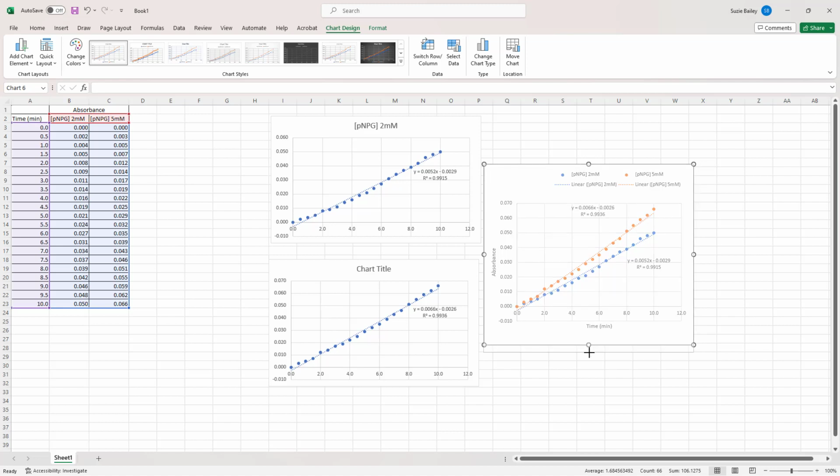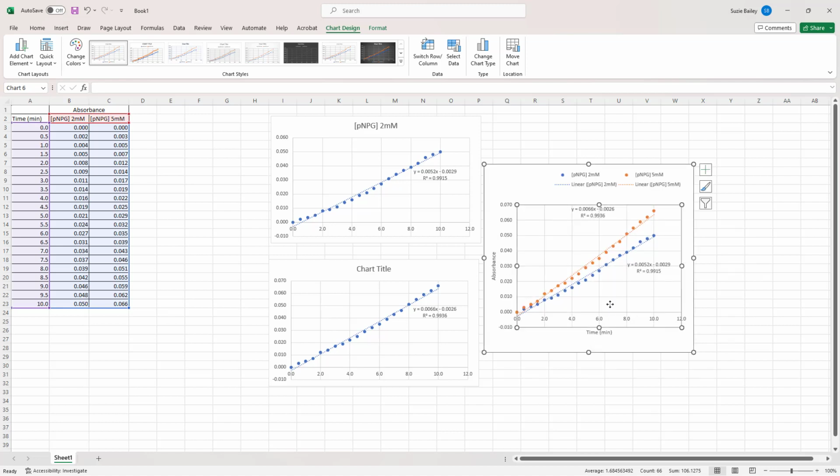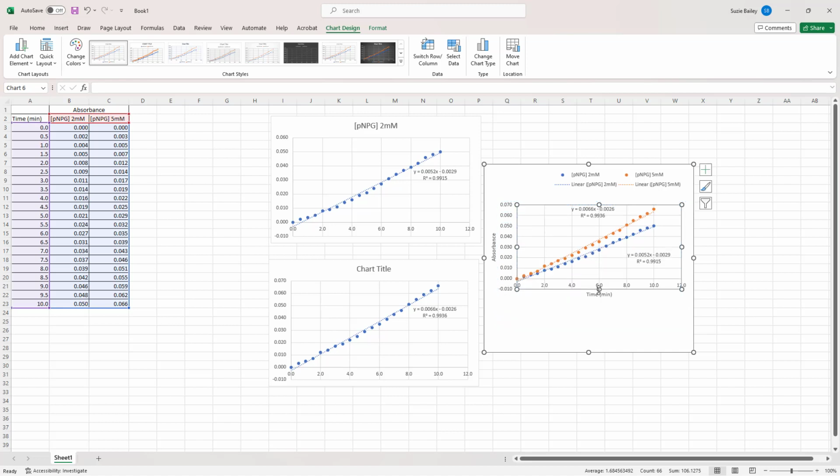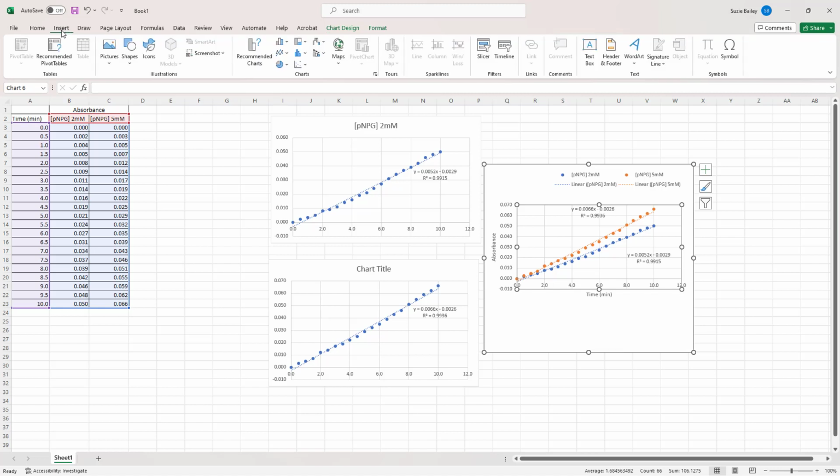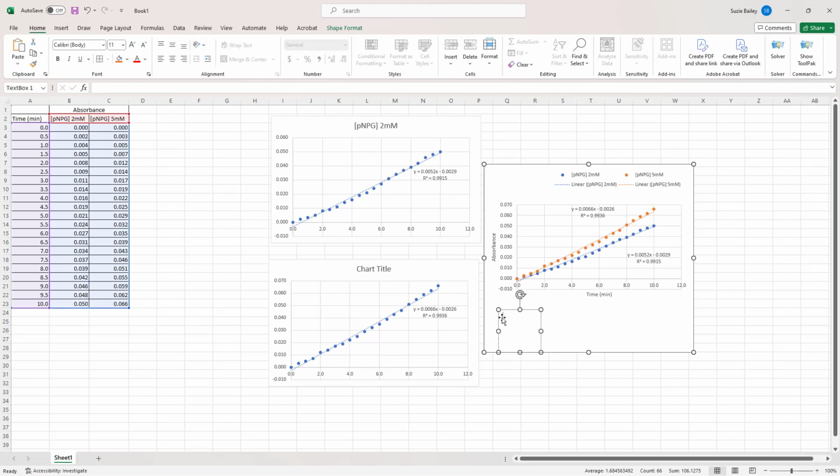So you can enlarge your figure and then just click on the plot area. So notice I'm not clicking on any grid lines or axes or anything like that. I'm just clicking on the total plot area, and then I can grab my plot area and sort of squish it up a little bit to give me some space at the bottom of my chart. And then if I come up here to my insert menu, I can come over here to text box and add a text box underneath my graph, give my figure a number, and then provide a descriptive legend that describes the data shown in the graph so that anybody looking at the graph would be able to interpret these data on their own. And so I might say something like